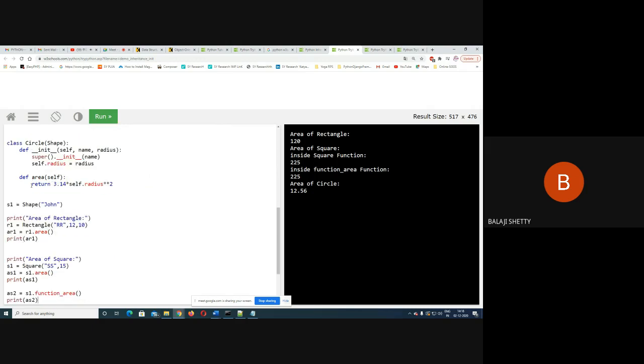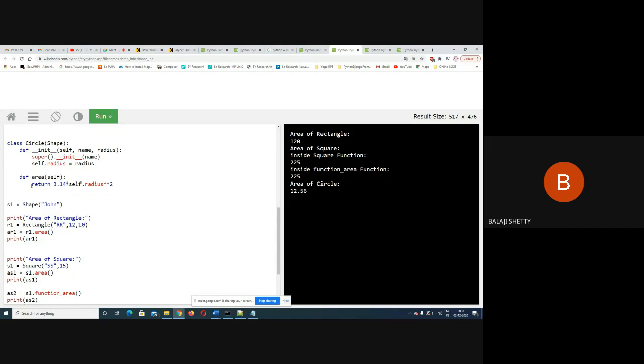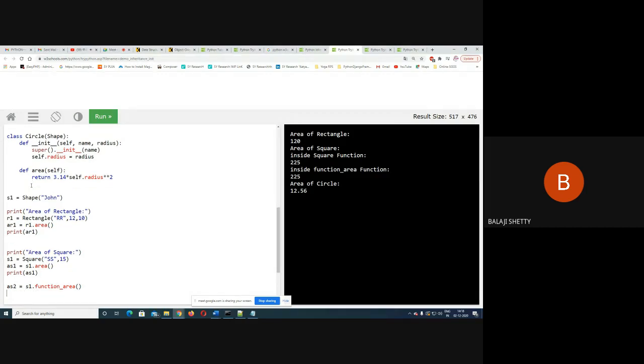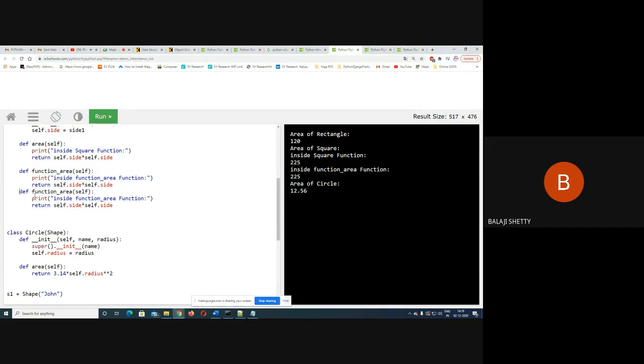What I do, I define one more function of name, suppose, print area, where I will print the area. You can write the program in multiple ways.